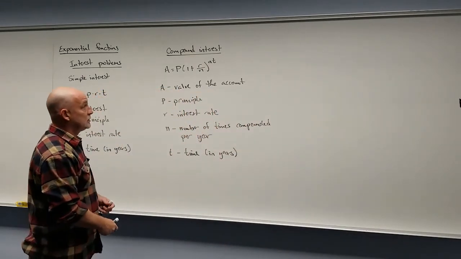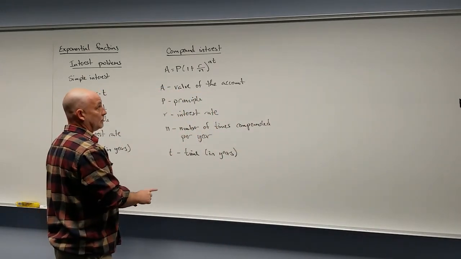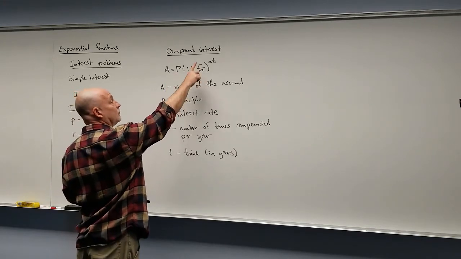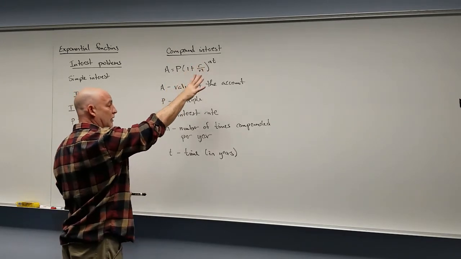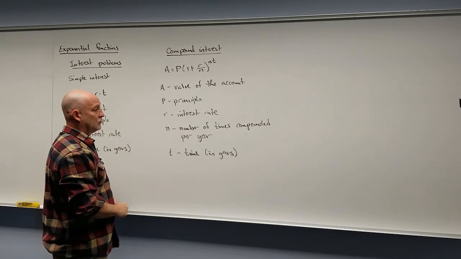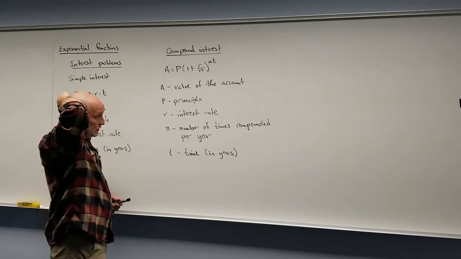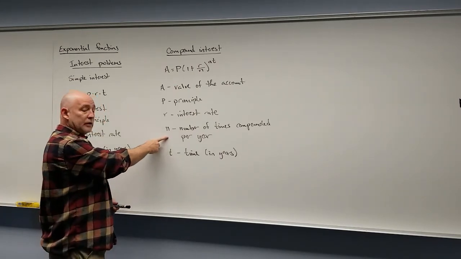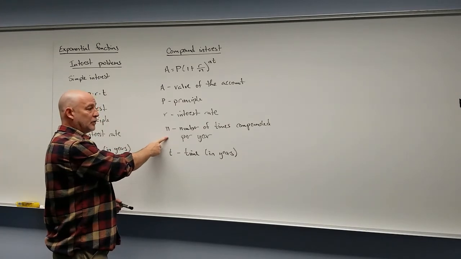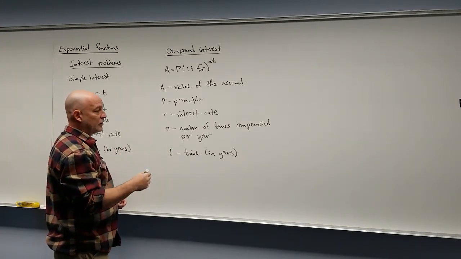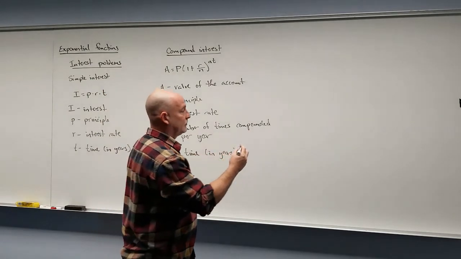Now the good news is this is just a formula. So once you figure out what the principal, the interest rate, and all that is, you plug it in, put it in your calculator, and it gives you the answer. Now, there are a few things that may confuse you. When they tell you the number of times compounded per year, generally they give this to you in words. So they'll say things like